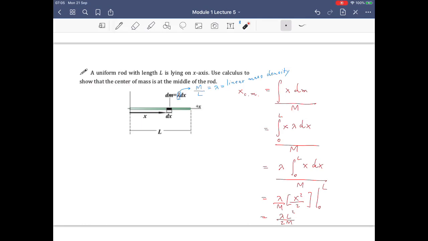But the question asks you to show that this x_cm is actually at the middle of the rod. So the middle of the rod is actually just the position L over 2, right? Because the whole rod has length L. So in this case, you can just change this a little bit more. You know that lambda L,